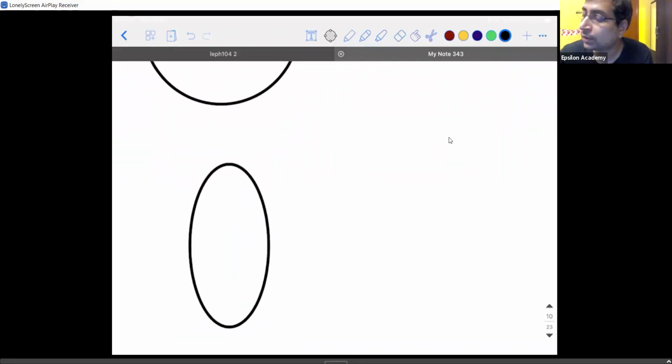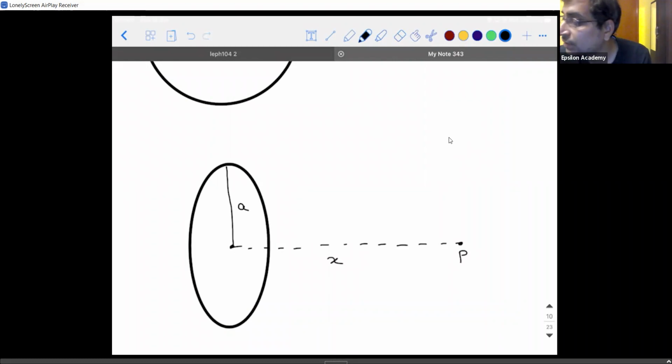It will appear like this, such that the radius is still going to be A, but you will be able to see the axis of it. So let's say there is a point P which is existing at a distance x from the center. Clear, guys? And by the way, there is a very, very important derivation. Ensure you guys are able to understand this.